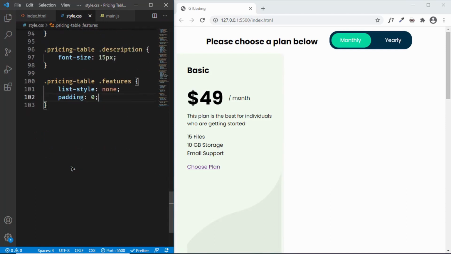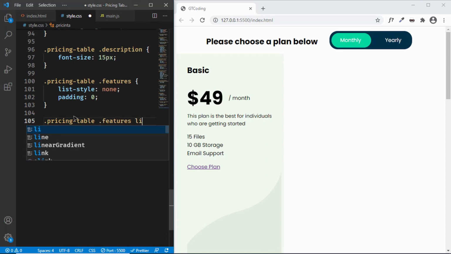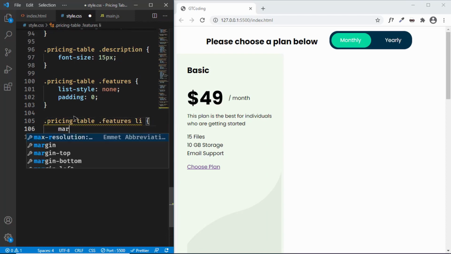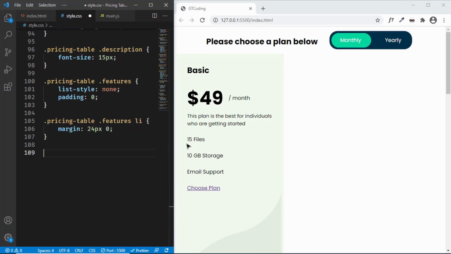Alright, now let's target the list items inside the unordered list. So we'll just type pricing table features li. Now we'll set a margin of 24 pixels for top and bottom and 0 for left and right. Now instead of the bullets, we want to have the check icon. For that we'll use the before selector. So just type pricing table features li : before,